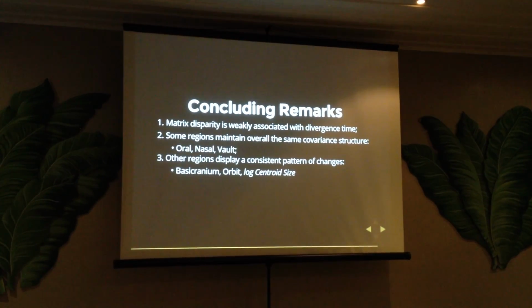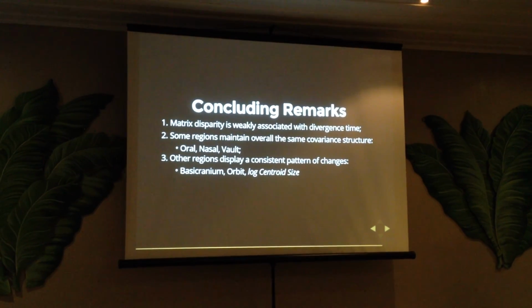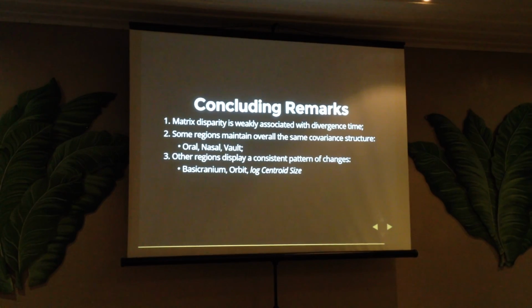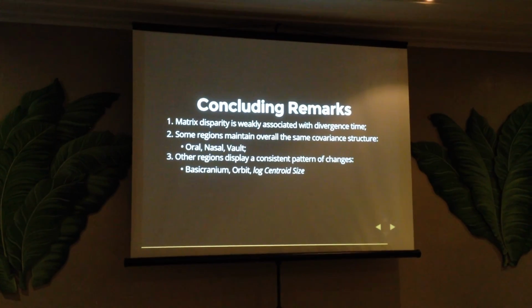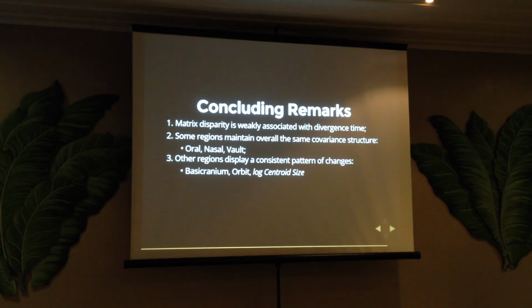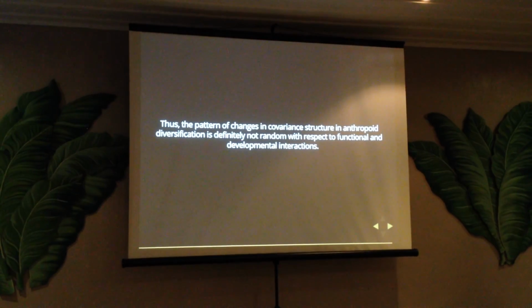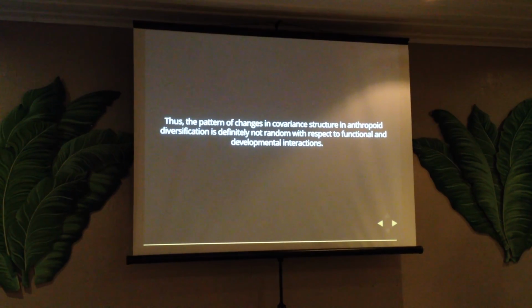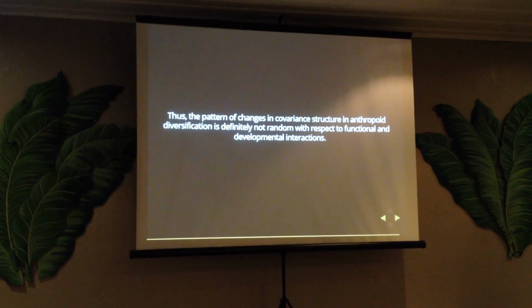It is the first region to ossify, and it also has a complex pattern of growth and resorption during development. Okay, so that's it. Thus, the pattern of changes in covariance structure in anthropoid diversification is definitely not random with respect to functional and developmental